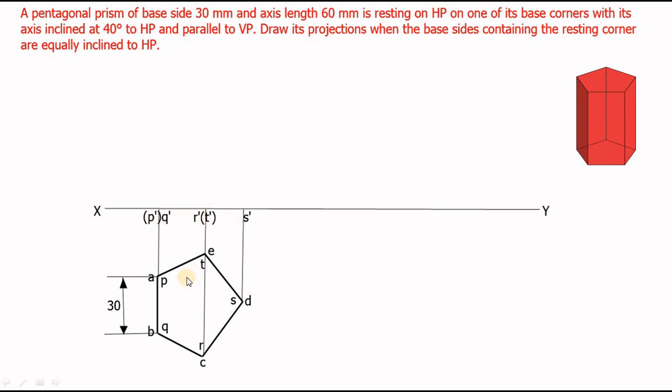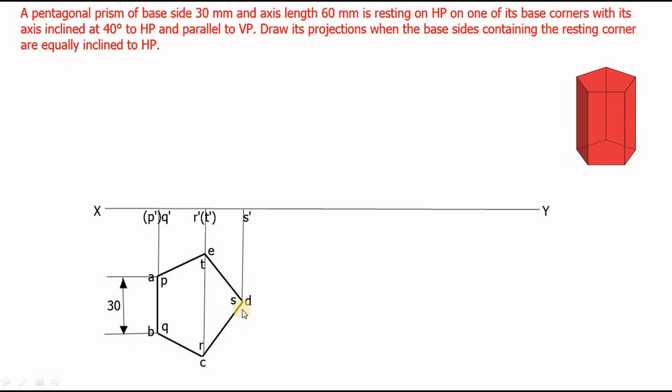Then we have to mark the center of the pentagon to draw the axis line. Since it is a pentagon, you have only 5 sides. It is not an even number of sides. If it is a hexagon, no problem, we can join all the corners to get the center. But in a pentagon, we need to find the center in such a way that we join any one of the corners, provided that corner should have a side on the opposite. That is, an edge on the opposite.